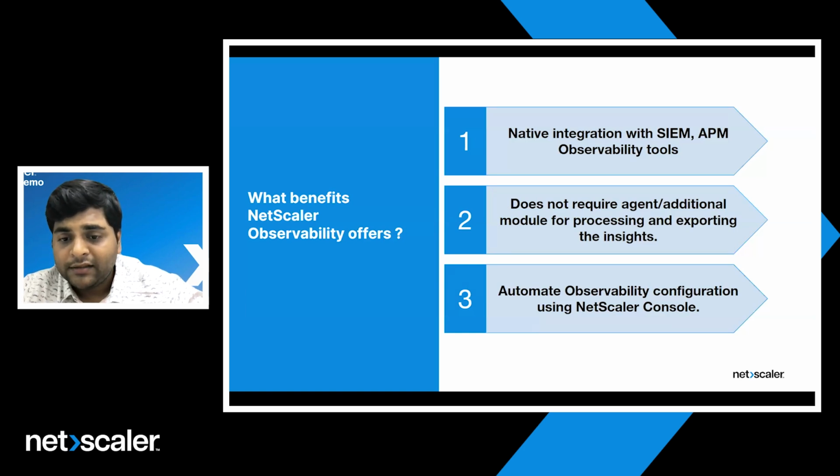And last but not least, using the NetScaler console, you can automate this observability configuration of what Aman was showing you, right? Like we have a pipeline like that through the console, you can do the automation. So these are really the benefits that I want to highlight. There are many more, but these are the top three which come to my mind. On the next slide,